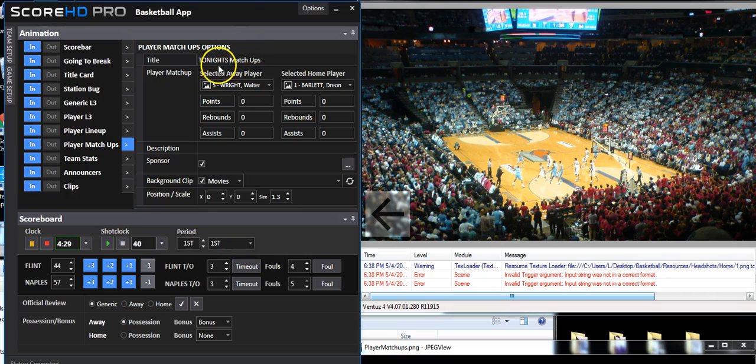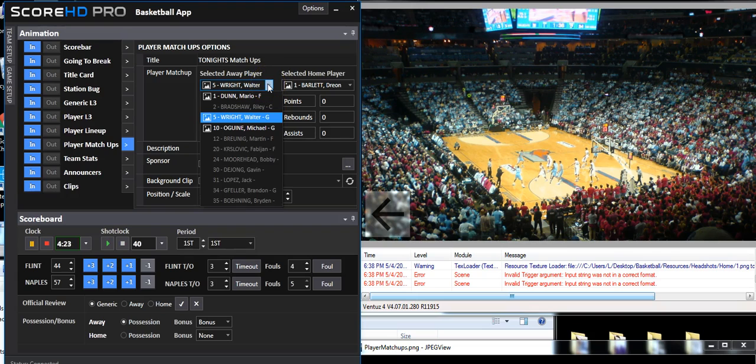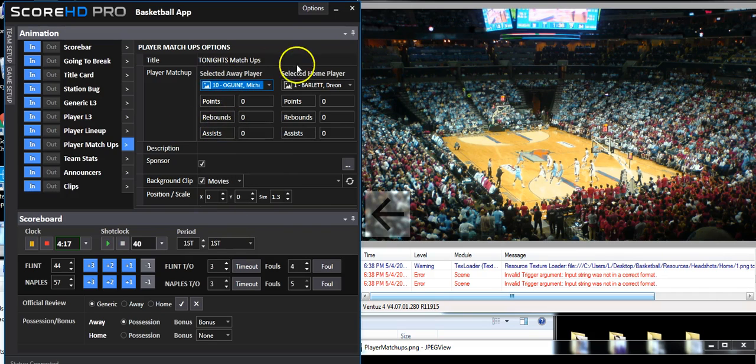It's going to automatically capitalize everything, no matter if it's lowercase. And then we can come along here and choose our players out of our rosters. So we pick the player with the headshot. In this case, we'll check player 10, and the home player will take number 4 here. And then we just put in their historical